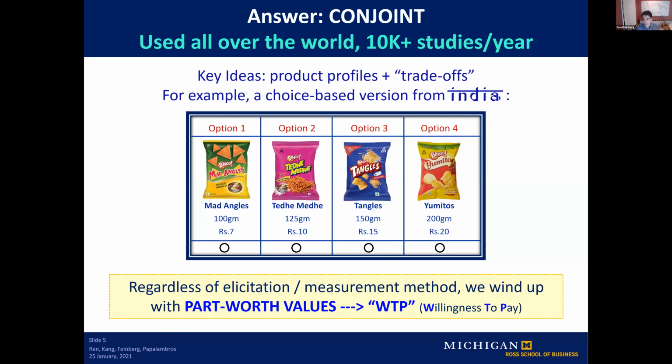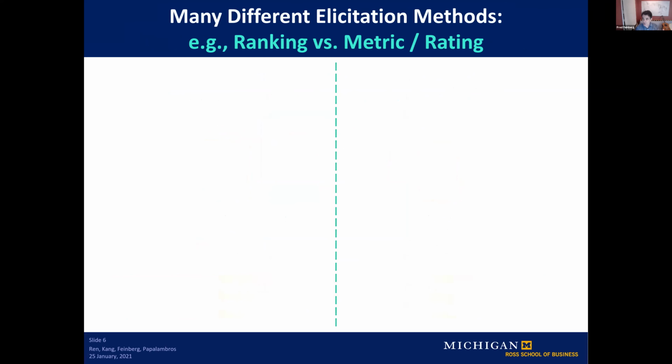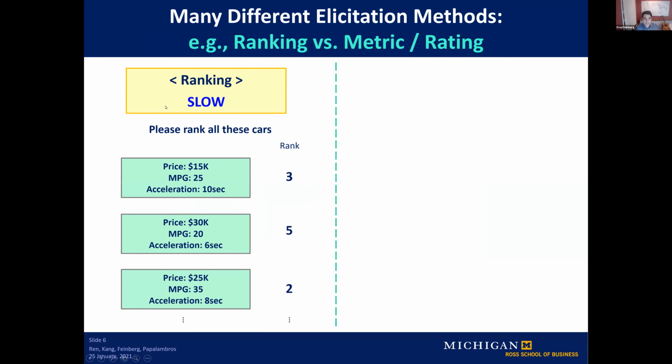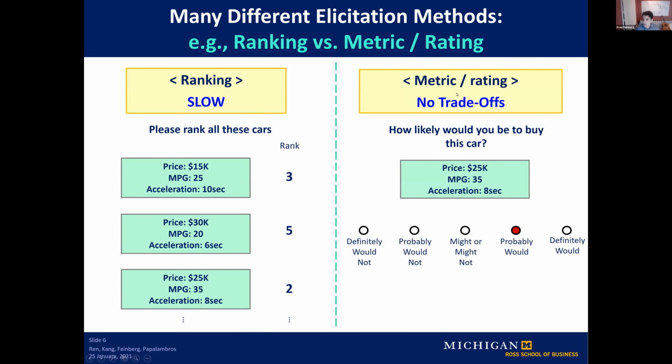But there are a lot of elicitation methods. We started out years ago, the early work was on ranking, and we found out that that is slow. Giving people 20 profiles and asking them to put it in order really doesn't tell us what we want in a reasonable amount of respondent time. Maybe a little bit better is a metric task where we can say, here is a bundle, here's a particular product, and how much do you like it, or how likely are you to buy it? The problem is there's no trade-off here, and there's a lot of scale usage heterogeneity. A number of papers by Greg Allenby exploring problems with that. For instance,